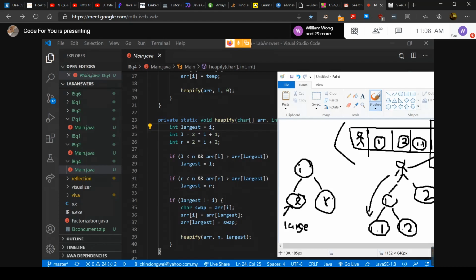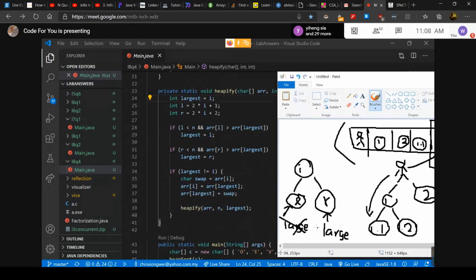If the child exists, and it is larger than the current largest index, then it will replace it to become largest. So let's say if this is the largest one, it will become the largest. Now, after we got which one is largest, then we replace the